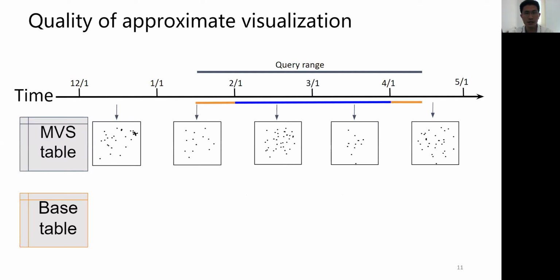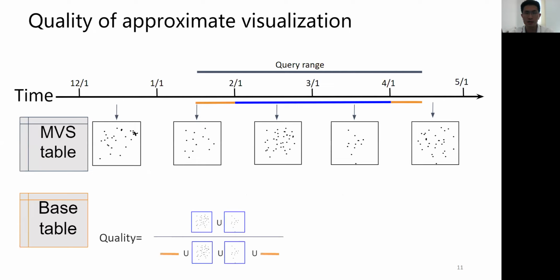For simplicity, we use the GCAD function here. Suppose we want to use the union of the two blue EVs as the approximate visualization. Apparently, in GCAD, its quality is this. Remember that in the denominator, we need to retrieve the data in brown ranges from the base table, which is